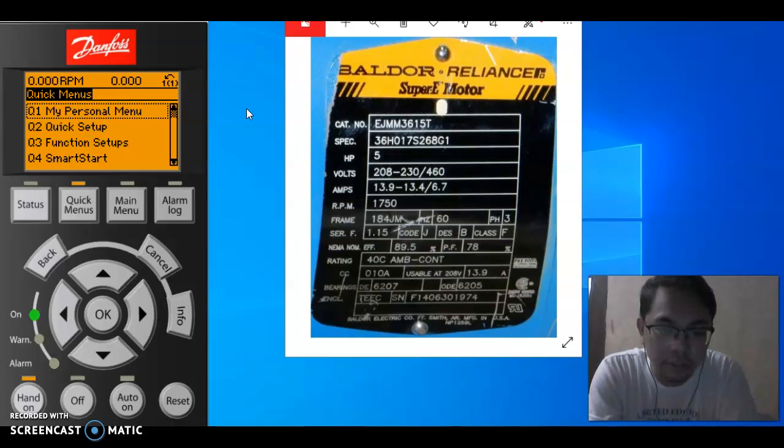To reset the simulator, just press this reset button, or to energize, just turn it off, then go to quick menus, and then go to quick setup. Press OK,